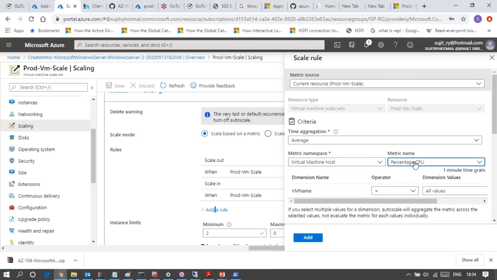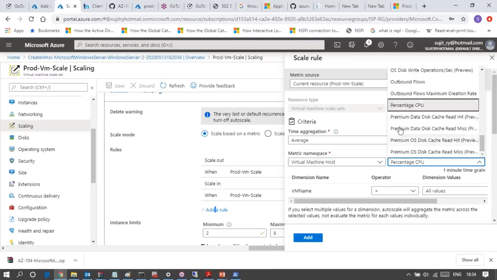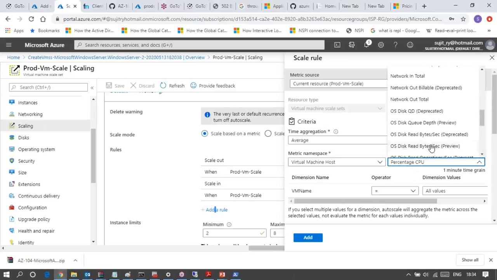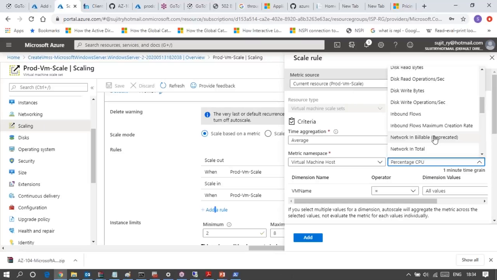See, this is the metric name. Premium disk read and write cache. You just scroll down and you can see other network related metrics, inbound flows maximum creation rate. So based on different metrics you can design your scale out or scale in rules, and based on it the VM will either scale out or scale in. Choice is yours.